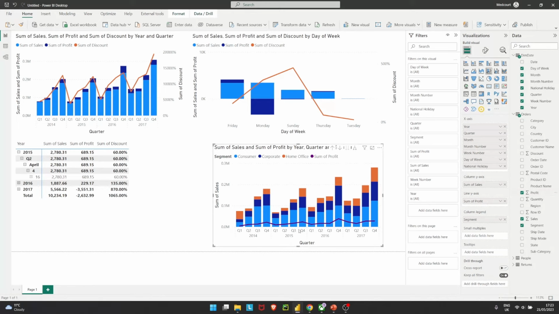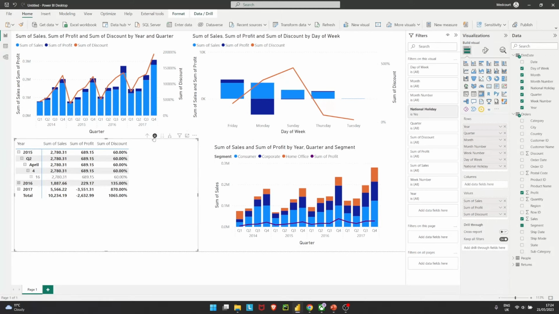So that gives you that trend of profit across the market segments. This is possible, as I explained earlier on, because of the elements of the date table which we have incorporated into this data point. Lastly, to round up this section, one other thing that we can achieve with respect to drilling down of this data is, on this table, for instance, if I'm interested in drilling down across specific areas, let me drill back up. If I'm interested in drilling down with respect to a particular year, for instance,